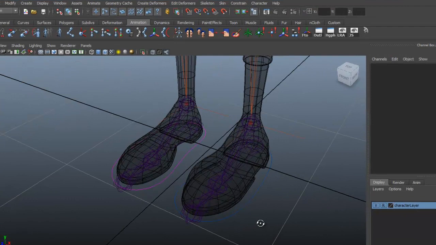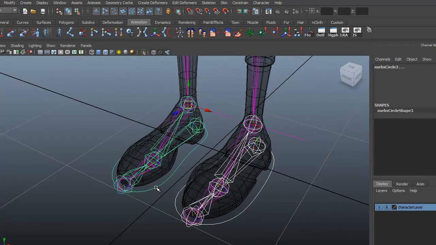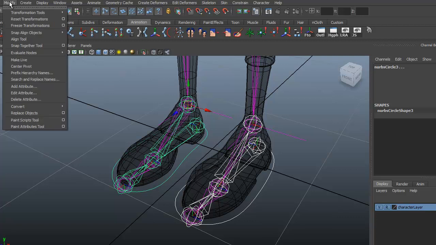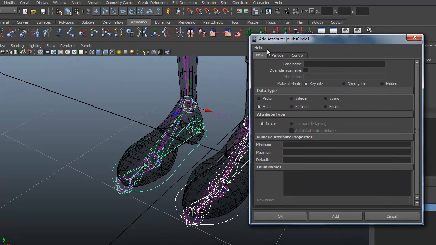Come with attributes. I'm going to select the first control and shift select the second one. Come up under Modify, Add Attribute, open up that option box. And we're going to give it a name under here under long name, just something simple like